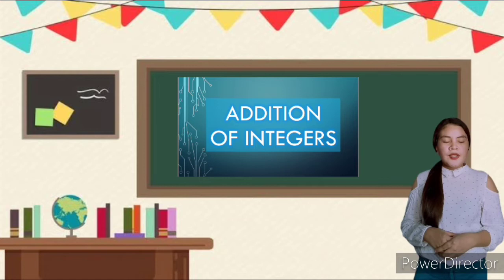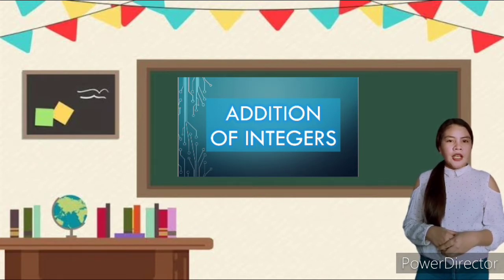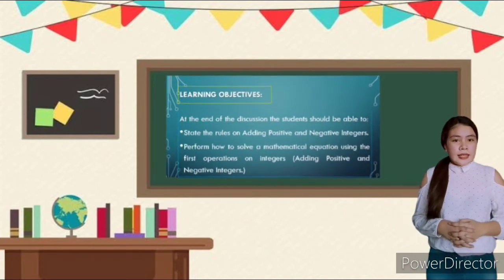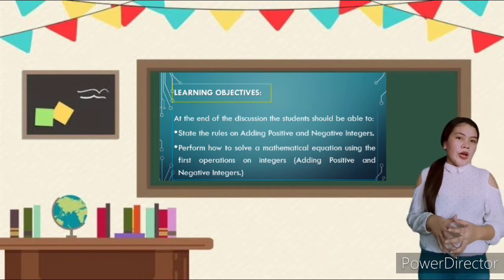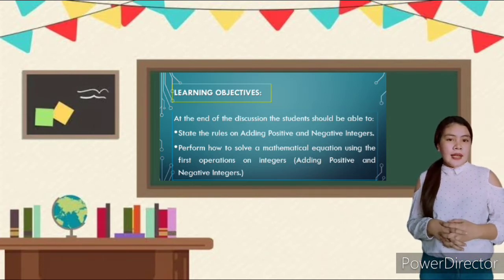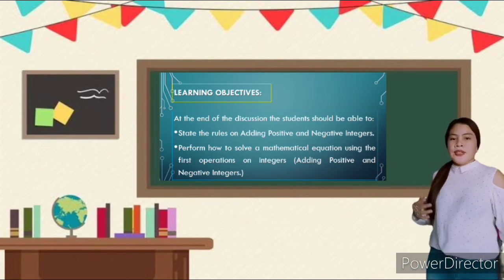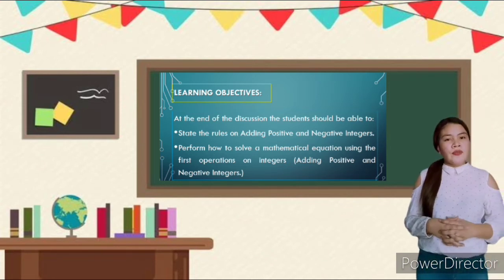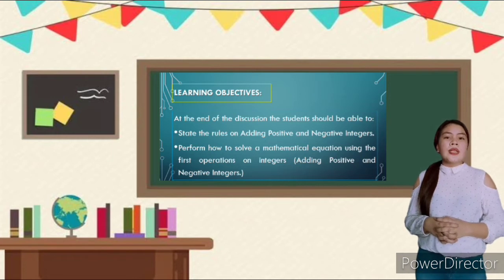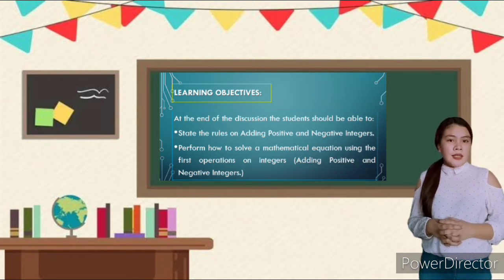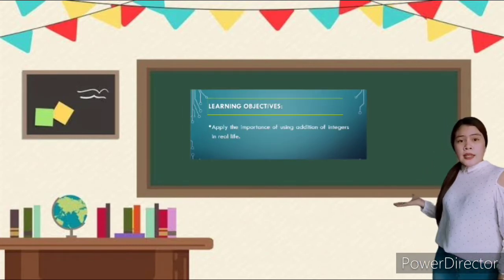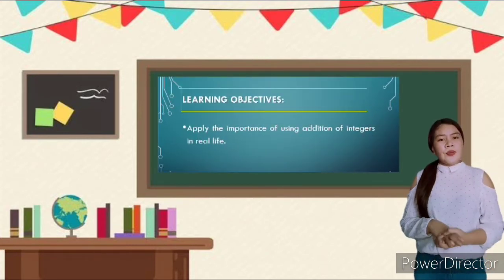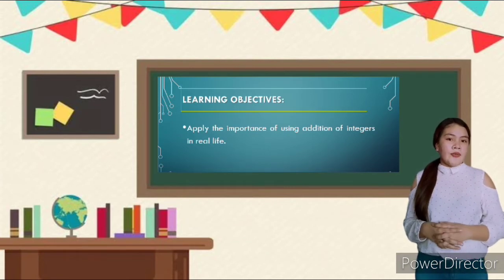Before proceeding to a formal discussion, let me present to you first the learning objectives. At the end of the discussion, the student should be able to, first, state the rules on adding positive and negative integers. Second, solve mathematical equations using the first operation on integers, which is the addition of integers. The third and last one is to apply the importance of addition of integers